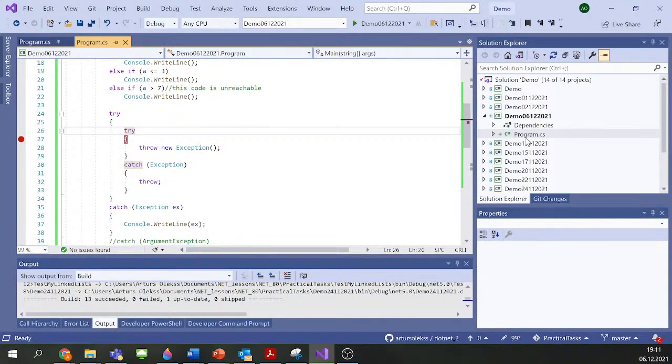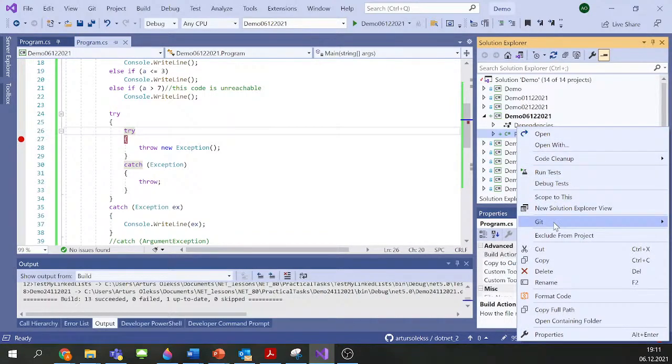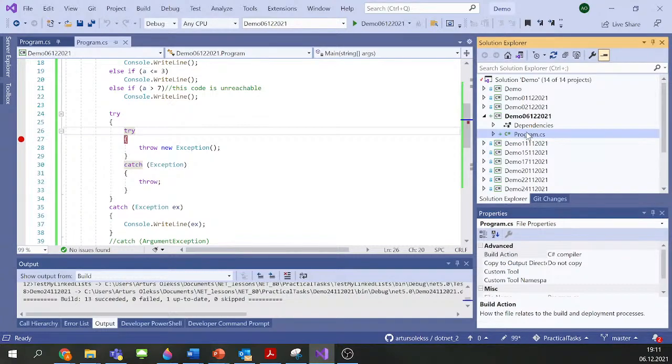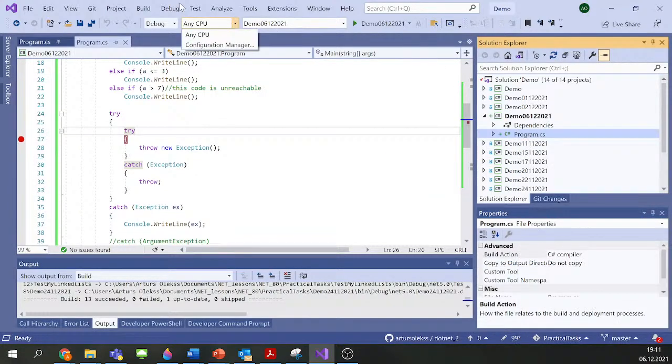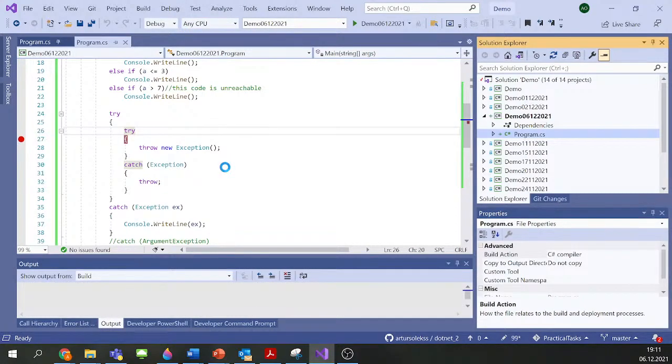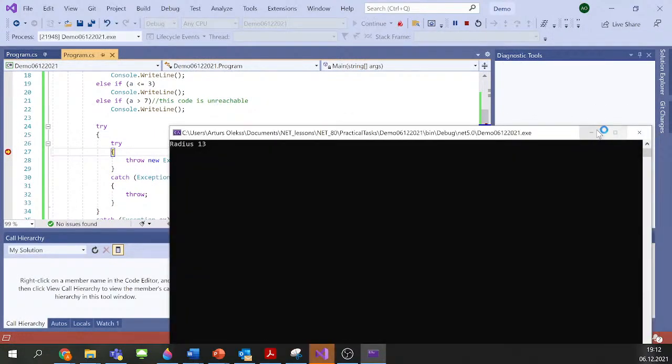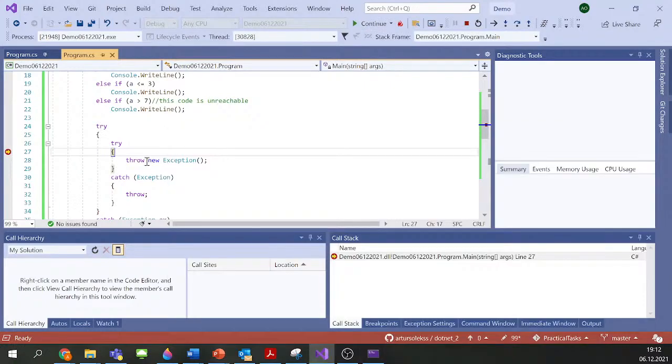Let's run again. I don't have the test here. It doesn't come from me. Okay, let's try again. Okay, should be better now. It is executing. So the point here is that we go here,